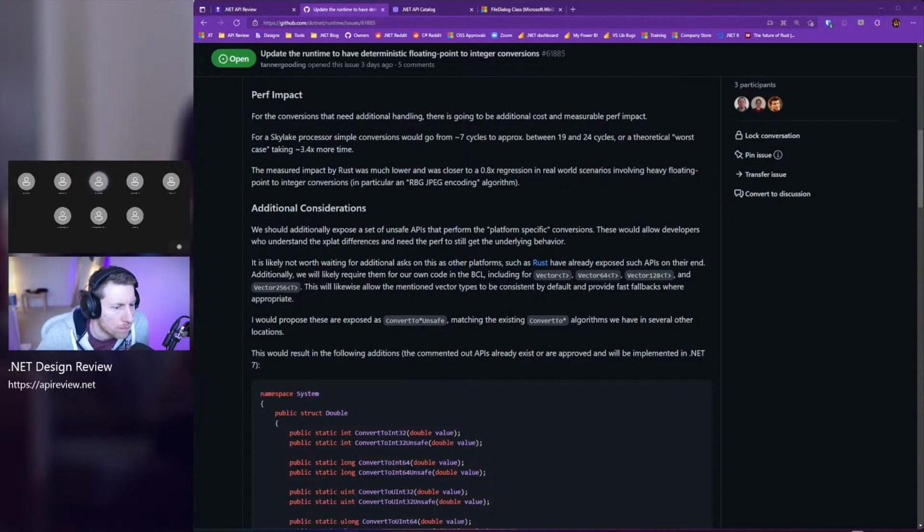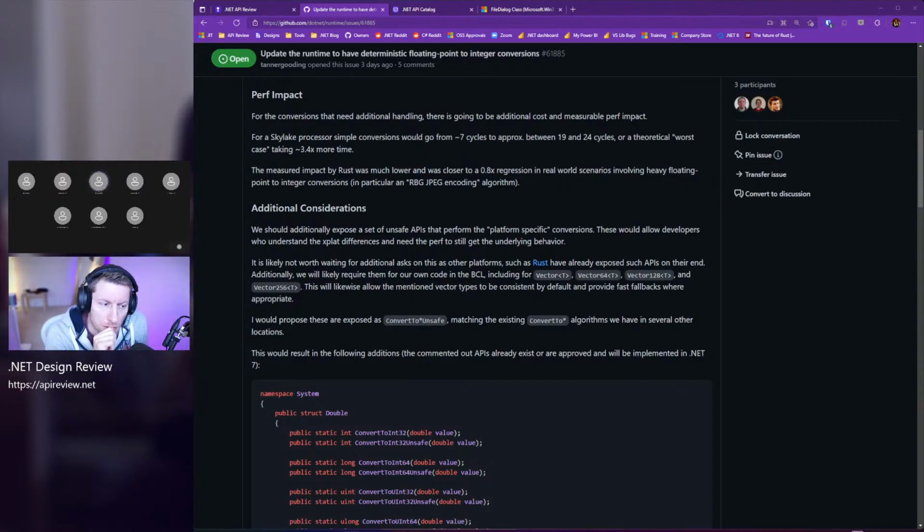Unsafe being the moniker we've used in the hardware intrinsics already to represent non-deterministic or platform-specific behavior. There's some people who suggested we use a word other than unsafe. I don't have a particular preference there on if we called it native or something else. Unsafe just happened to be the thing we were already using to represent